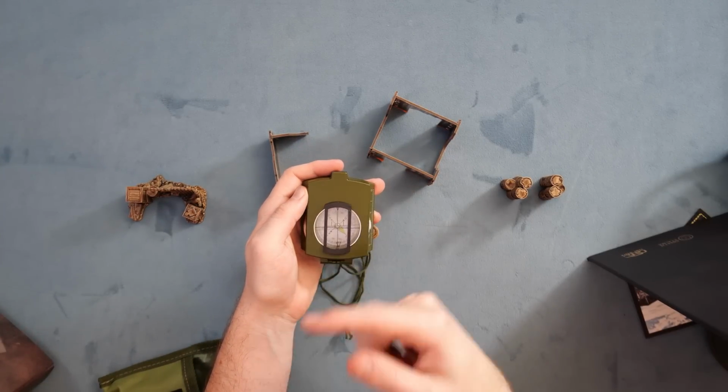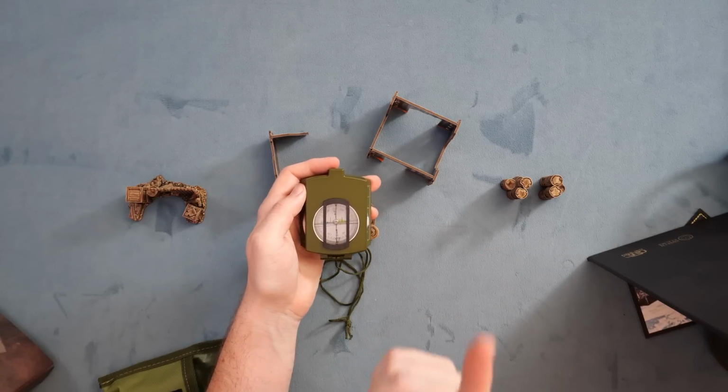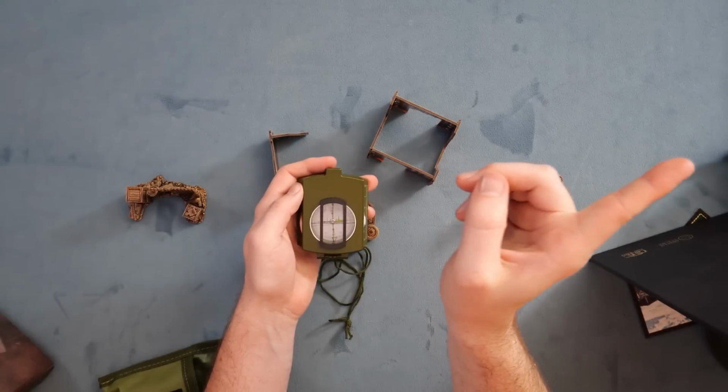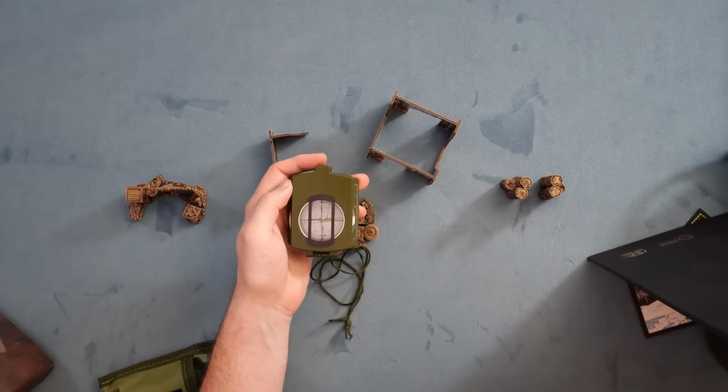No, we have east is that away? No. By my calculations, east should be... Oh my gosh. I don't even know which way. Second. East should be this way. Yeah, this way. Perfect. Okay, good. I got it. I'm just mentally thinking through which way is east in my house. Why east? I know east in my house. This compass can rotate, but that won't change. Oh, you can change the...